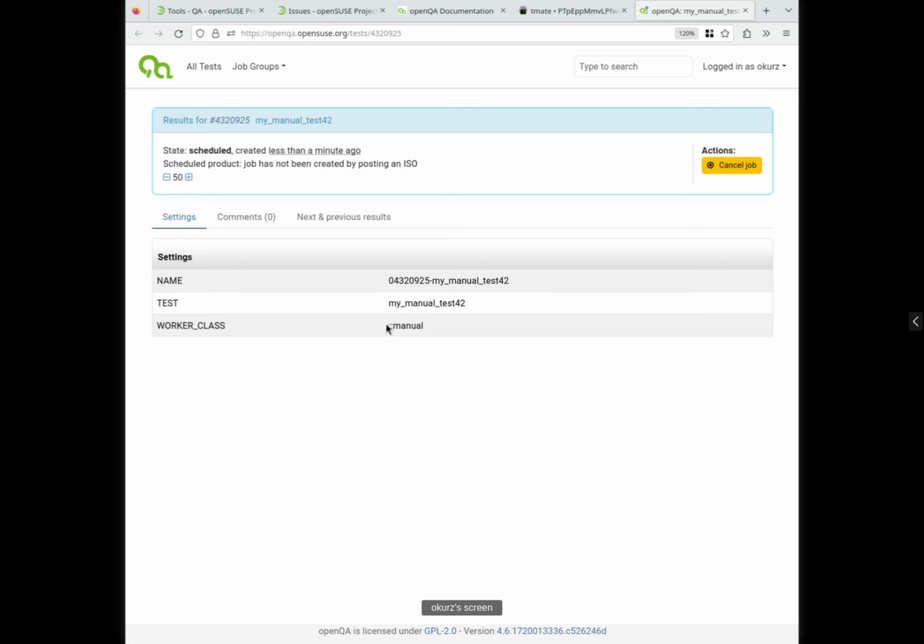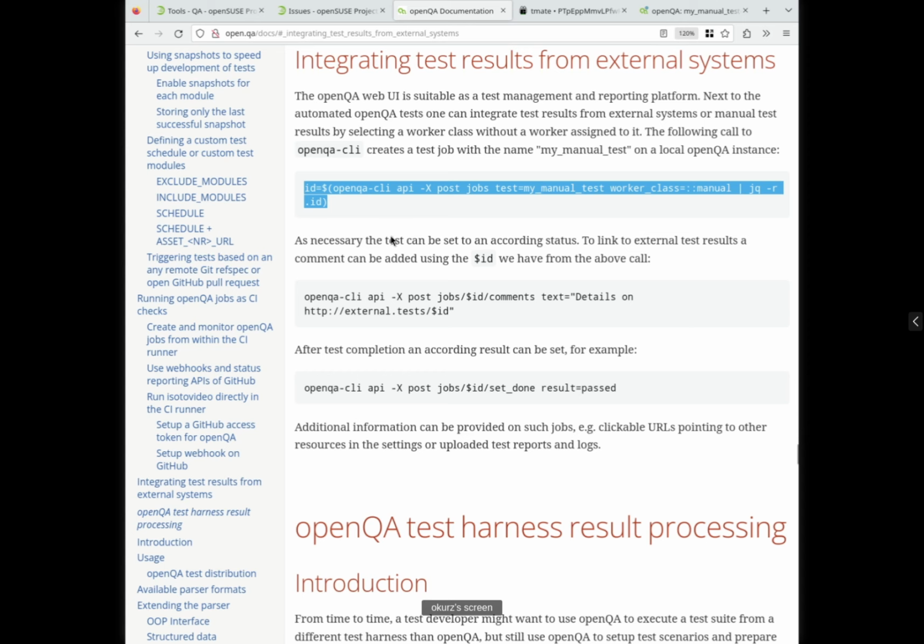I basically selected that by convention. I suggest to use that, but one can also do anything which you would like to come up with, like do something like a team assignment in there, like team A or team B should pick it up or something like that. Just that there is no automatic OpenQA worker which would pick up that job. Now, as I stated, it's staying here in scheduled.